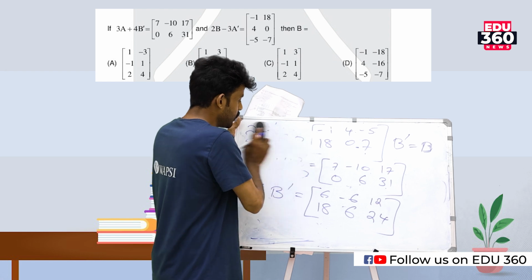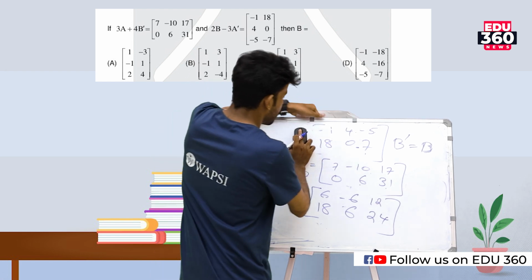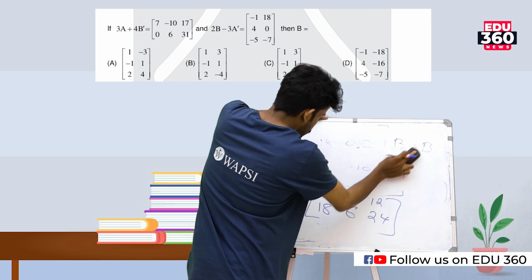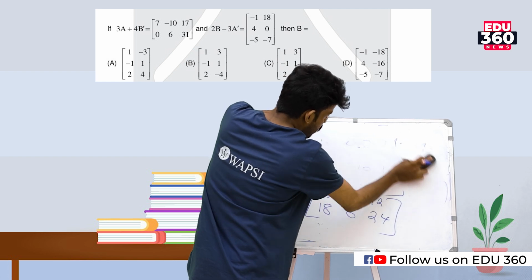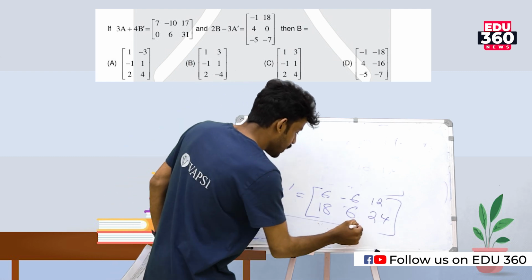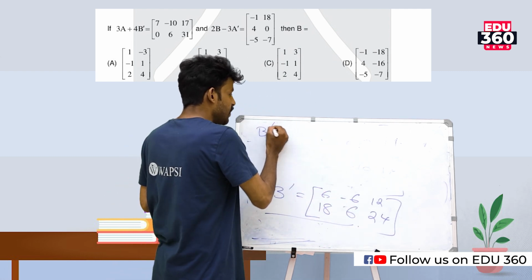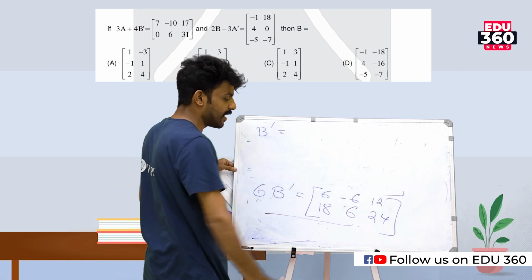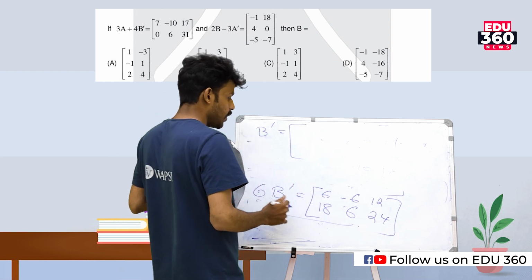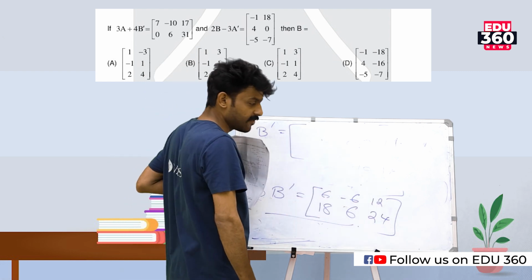So hereafter, we can write b dash matrix. So how we can find b dash matrix? Nothing, just divide all the elements by 6. Okay, so that is b dash is equal to, just divide all the elements by 6. Let me write the b dash. B dash is equal to, if you are going to divide all the elements by 6, we can write it